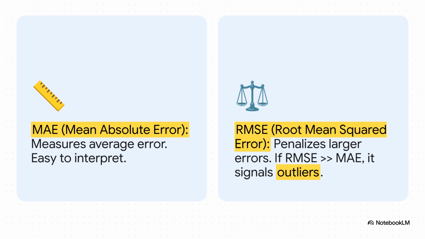RMSE, or root mean squared error, is similar, but it punishes big mistakes way more harshly because it squares the errors. But here's the real magic. It's when you compare them. If your RMSE number is way bigger than your MAE, that's a huge red flag that your model is making a few really big mistakes, probably because of some outliers. But look,